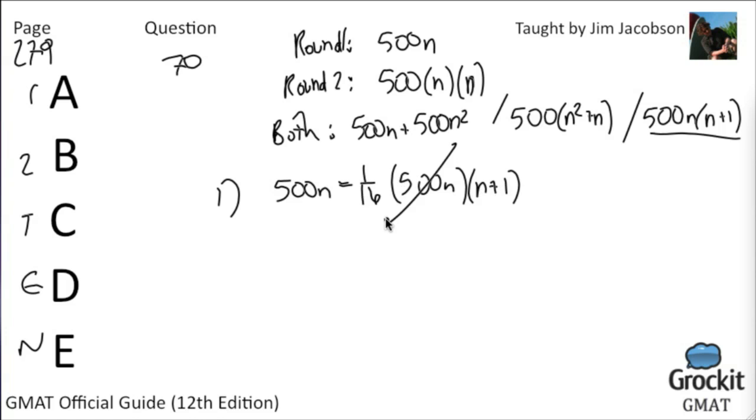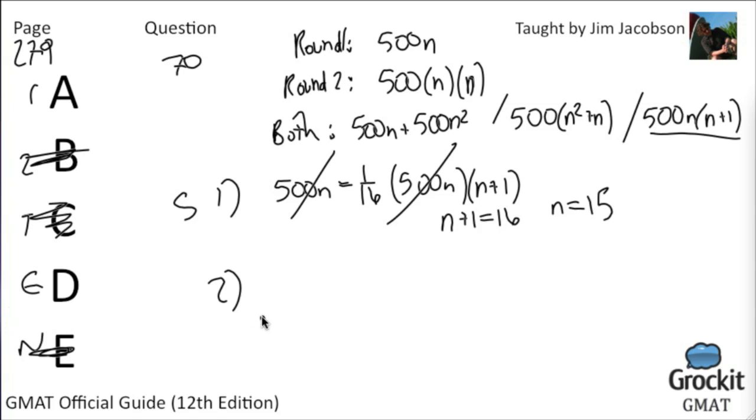And from there we can see that we would isolate those. We get n plus 1 equals 16 and n equals 15. So that's sufficient. It's not B, it's not C, and it's not E. Statement 2, the total amount donated was 120,000. So again, we still know that this is our total amount here, 500 times, and it doesn't matter which one we use,